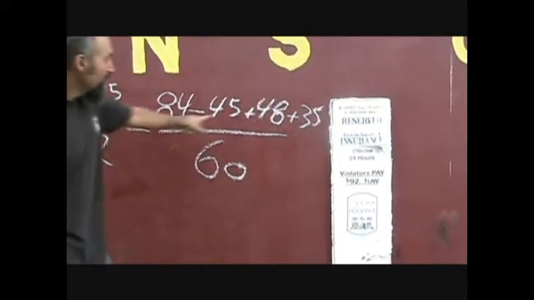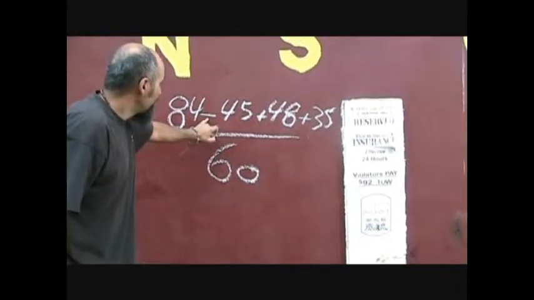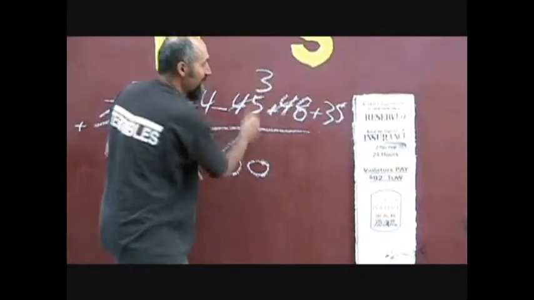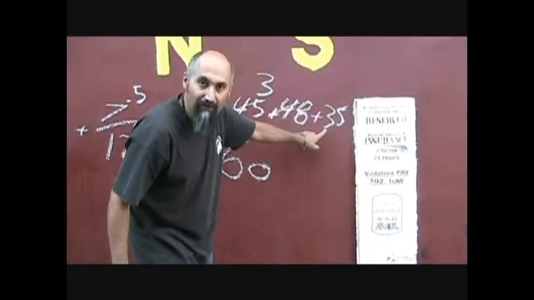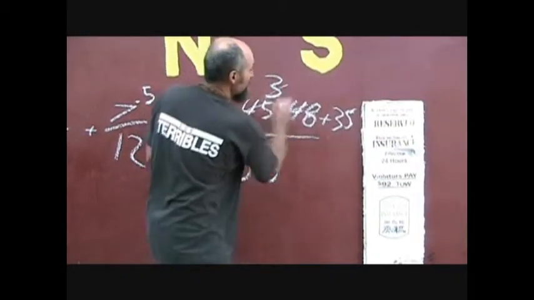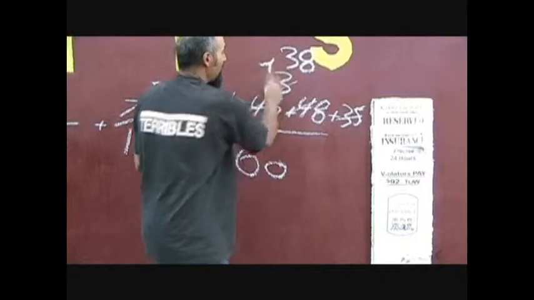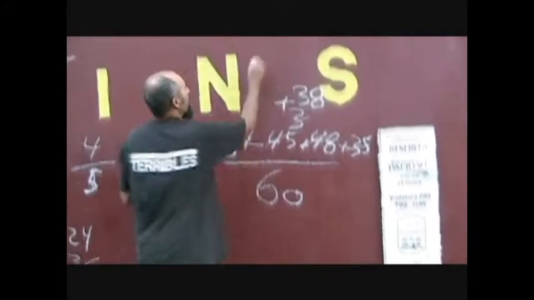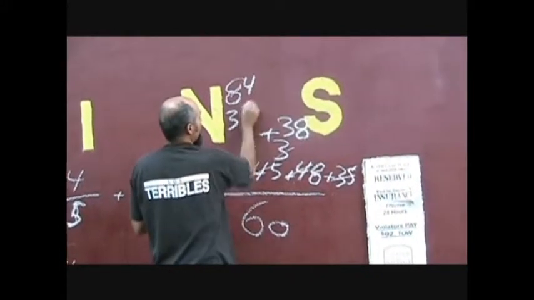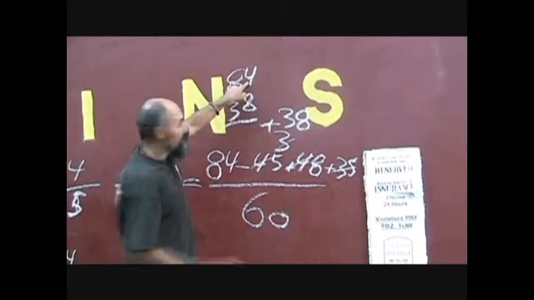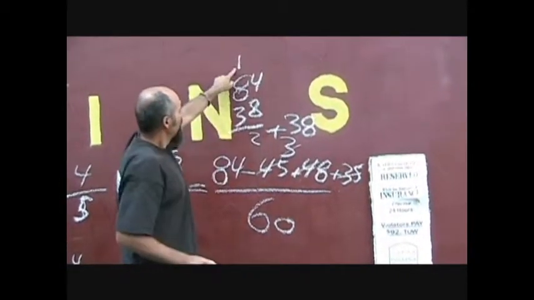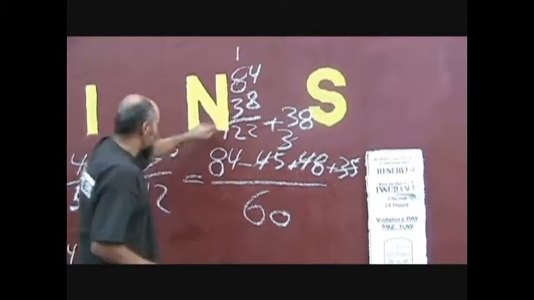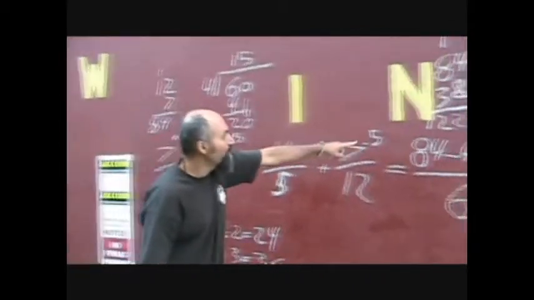Now what you've got to do is do all these things down here. Now, we've got negative 45 plus 48. If you combine these, you're going to have 3 left over. 3 plus 35 is 38. So this plus this gives you 38. And it's positive. So all you've got to do now is add 84 plus 38. Let's do this up here. 84 plus 38. 4 plus 8 is 12. You carry the 1 up. 8 plus 1 is 9. 9 plus 3 is 12. So all of this turns out to be 122